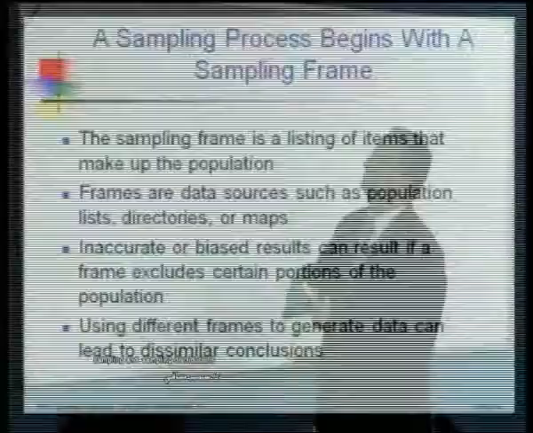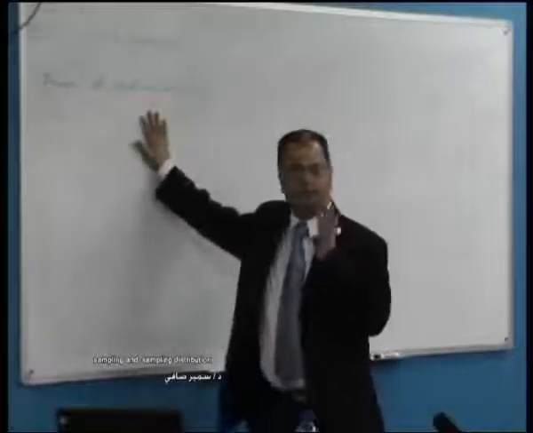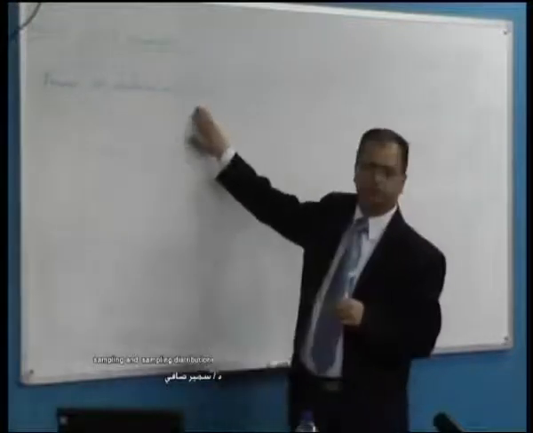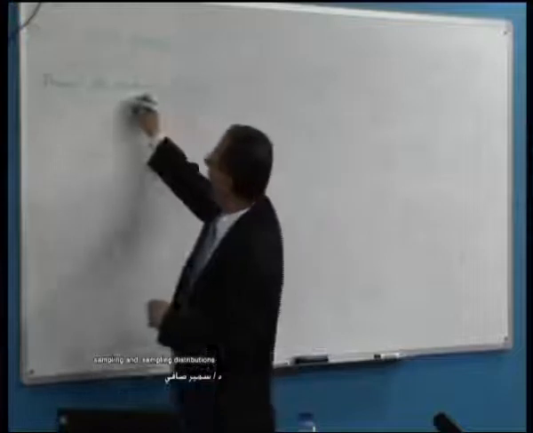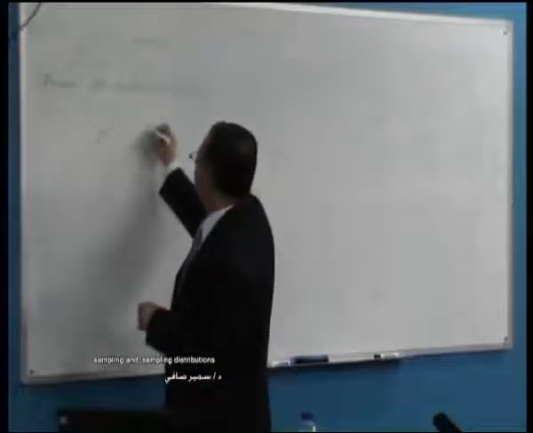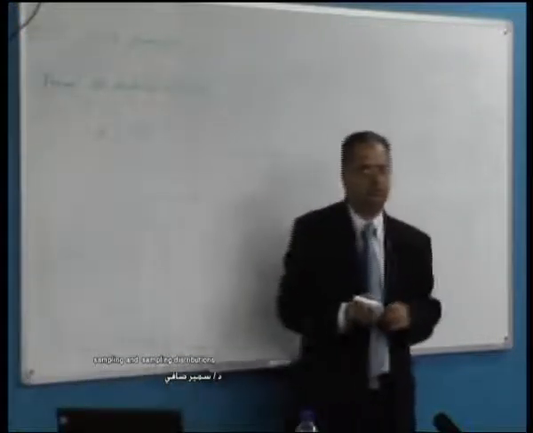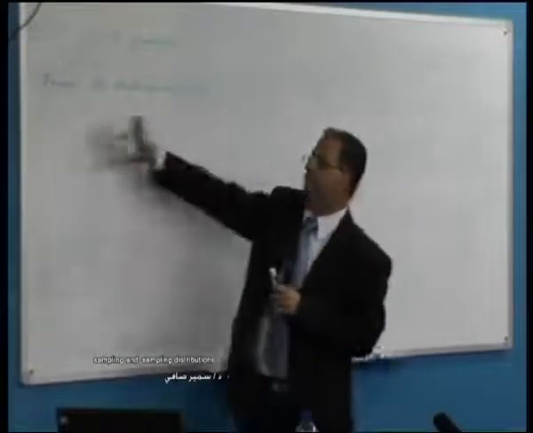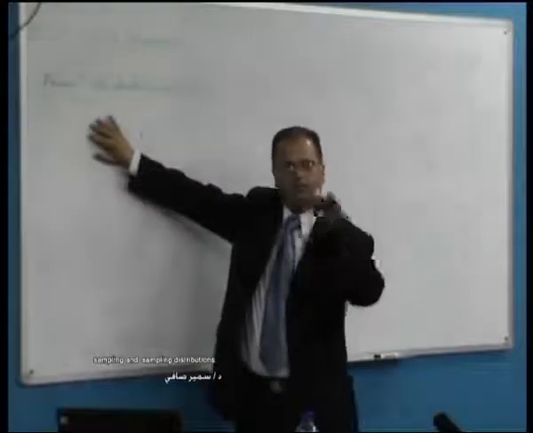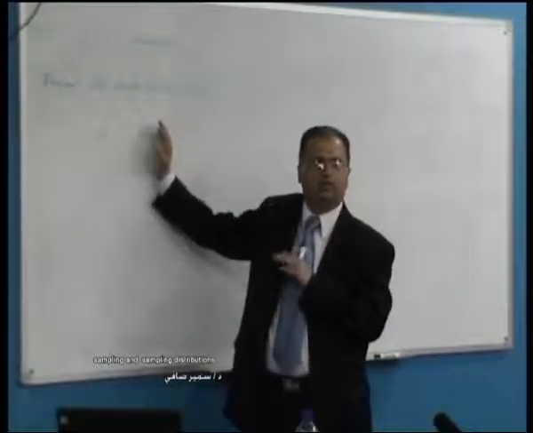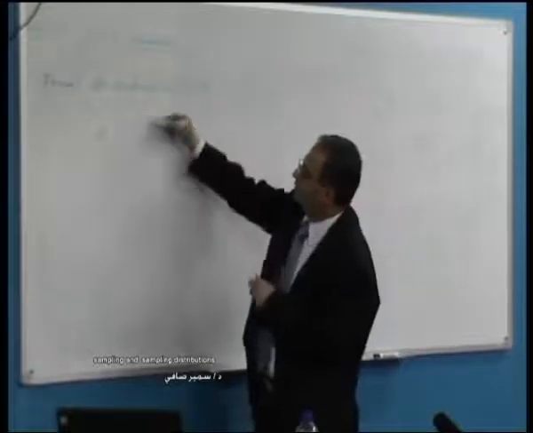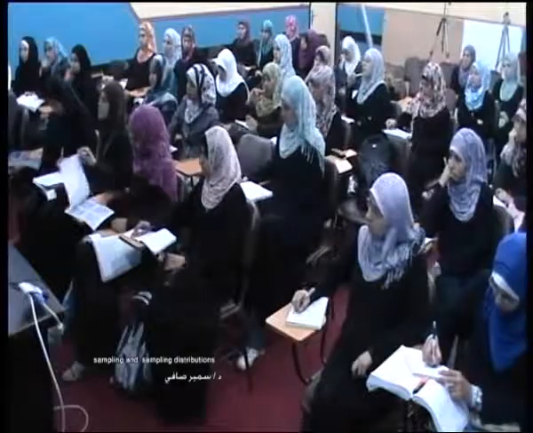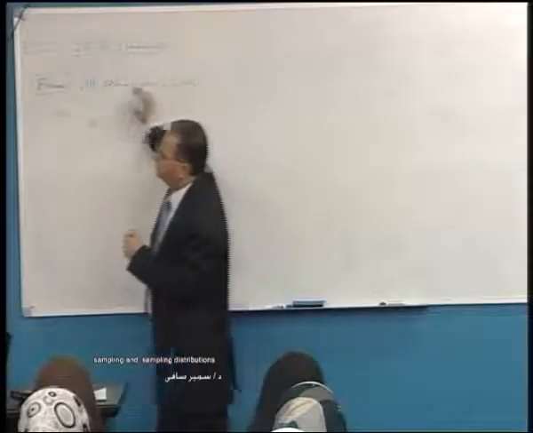Inaccurate or biased results can result if the frame excludes certain portions of the population. For example, suppose here, as I mentioned, we are interested in IUG students, so my frame is all IUG students. And I know that students are either males or females. Suppose for some reasons we ignored males and just my sample focused on females. In this case, females don't represent the entire population. For this reason, you will get inaccurate